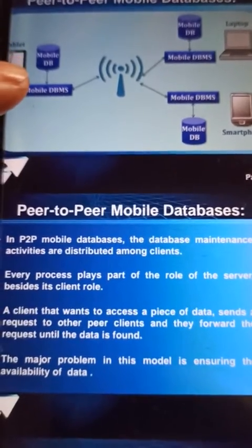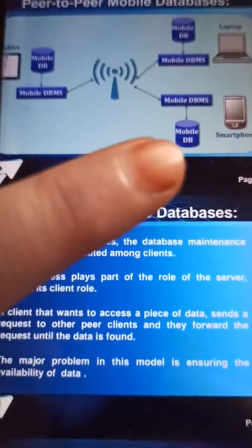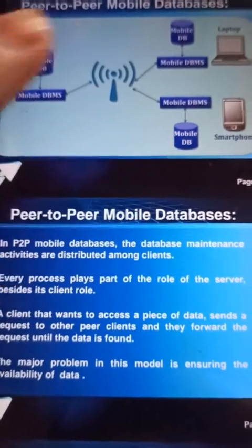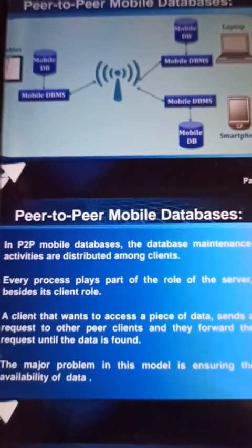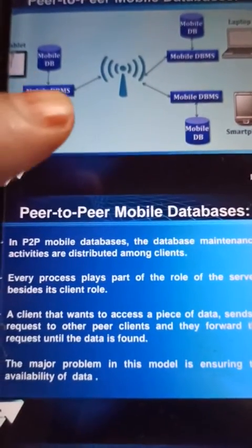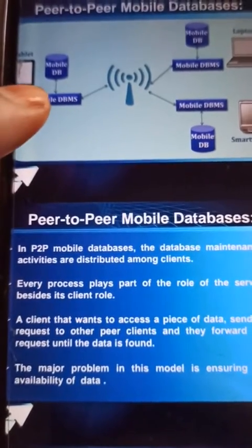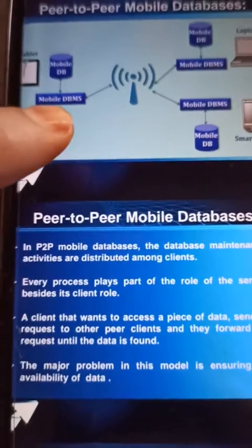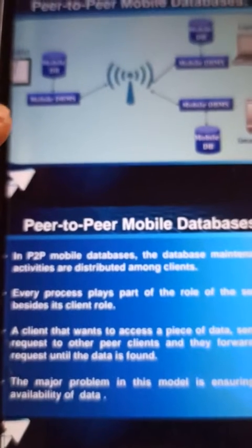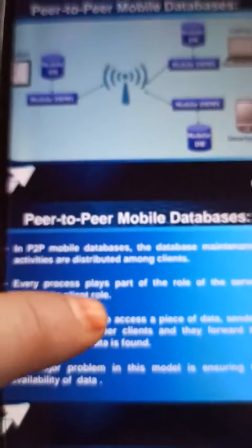So if the tablet needs data from the smartphone, it sends a request message to the smartphone's mobile database, and then it gets the piece of data. But the major problem with this model is ensuring the availability of data. Suppose the tablet wants to get data from the smartphone, and the smartphone is not available, then there is a problem getting the data.